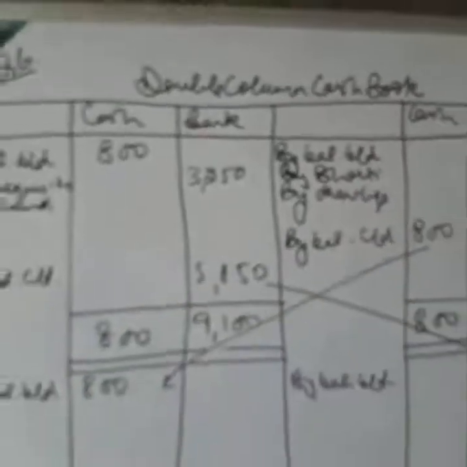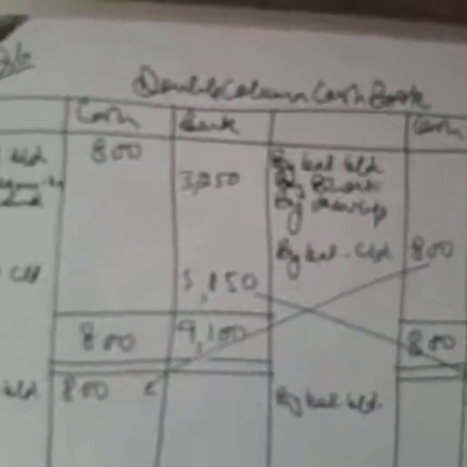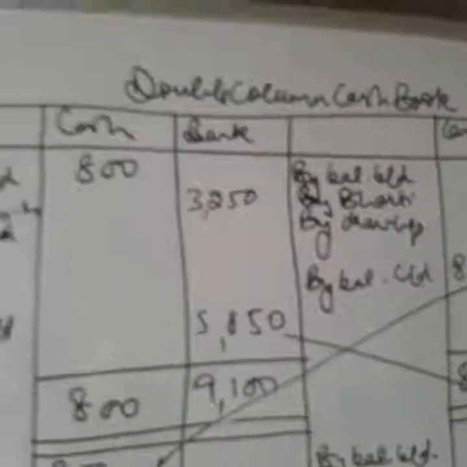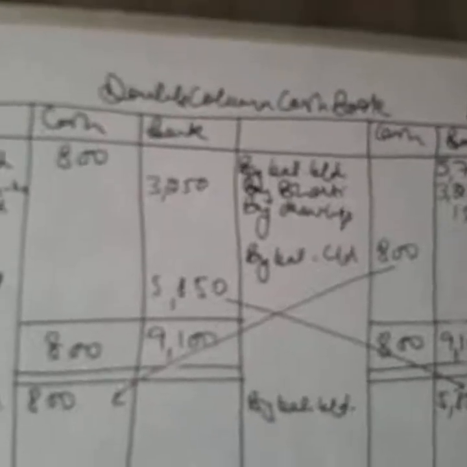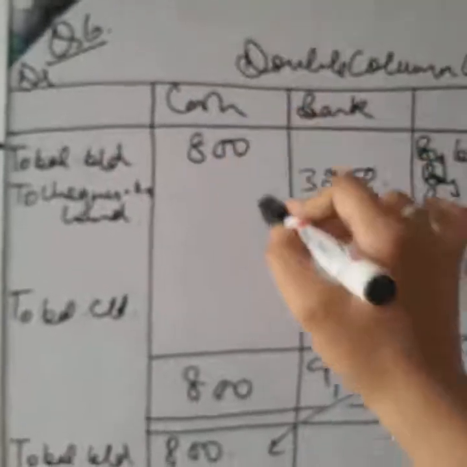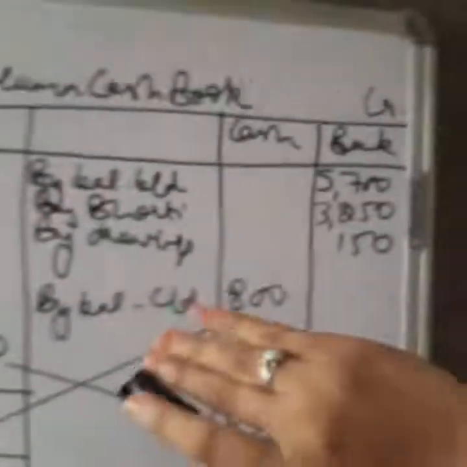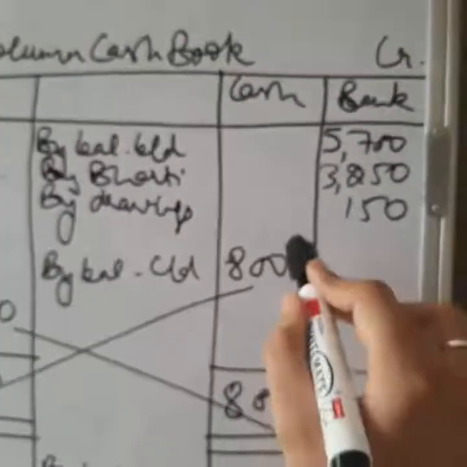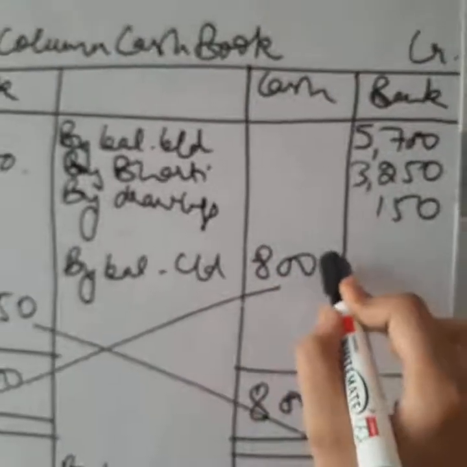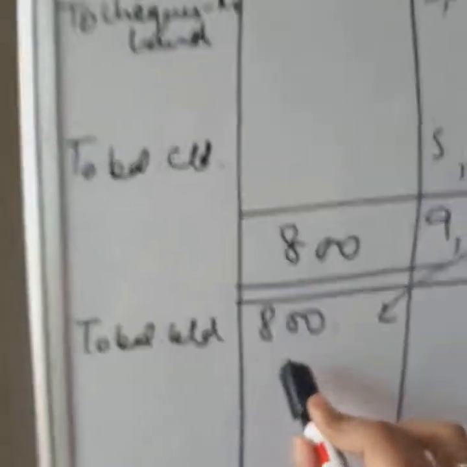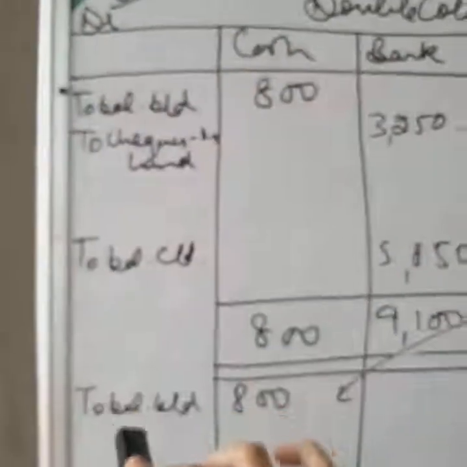Now students, again in this question also we'll balance the account. We'll find out the total of both the sides and write the side which is having the higher total, that will be recorded on both the sides. See, in cash we have 800 on debit side. On credit there was 0. So 800 will write on both the sides, 800 on debit and credit as well. So 800 will be the balance carried down for cash. And this carry down balance will be brought forward as to balance brought down on debit side.